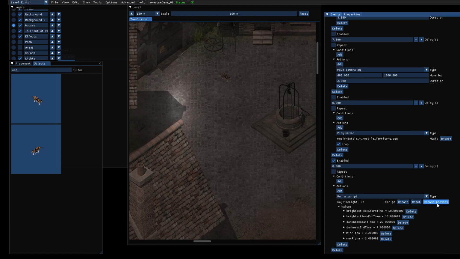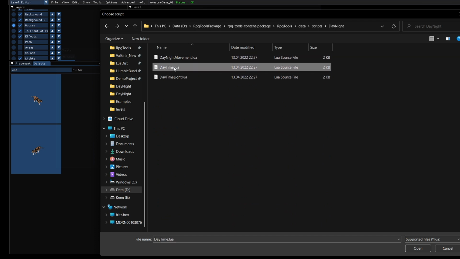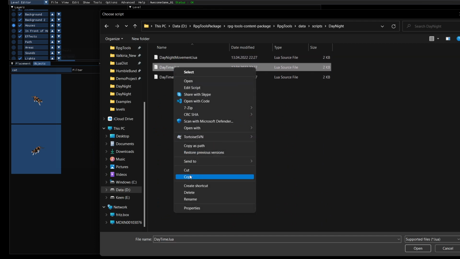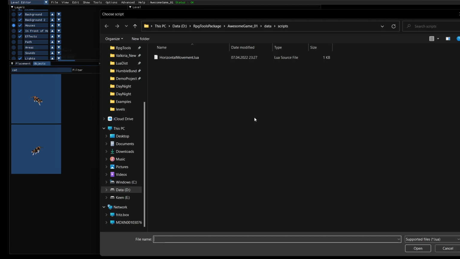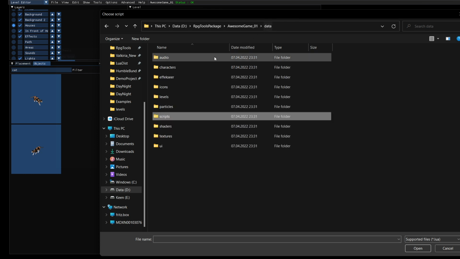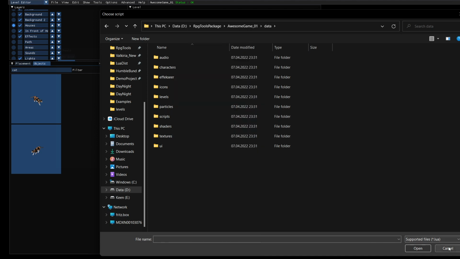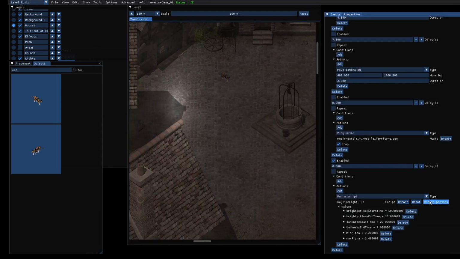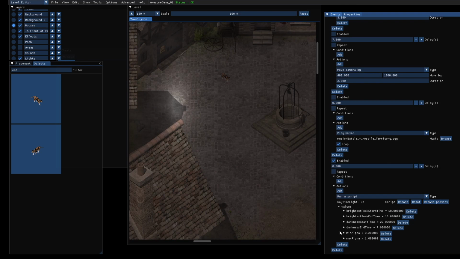Okay, it's weird that this doesn't work. Let's try one more time. Okay, for some reason that doesn't work here. Then I will check why that doesn't work. I thought it would work like that. Then we will just